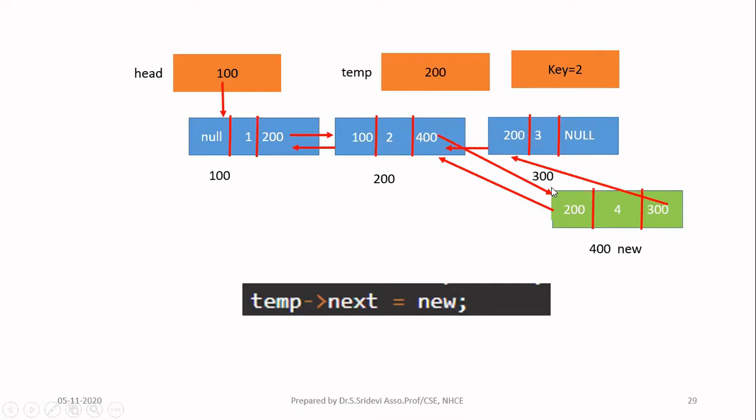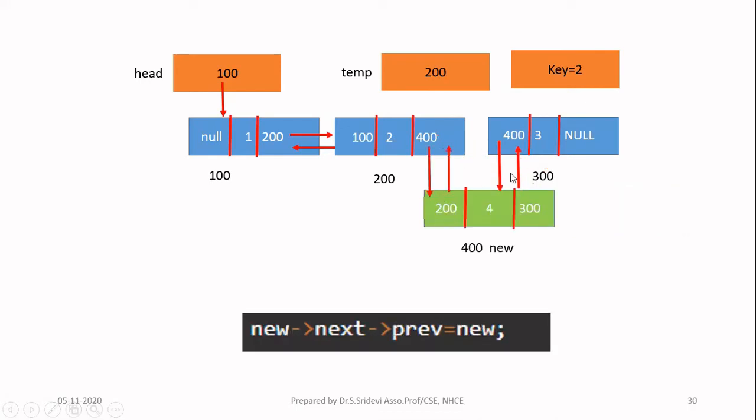Now still 1 pointer is pending. This pointer you have to modify. It is still pointing to the previous old node only. Now let us see how to modify that. You have to store this 400 here. Now focus on this, students. This is a little bit difficult to understand because we have 2 pointer movements here. So 400 should be stored here. 400 is available in new. So here I am writing new. This part is clear. Now try to understand this.